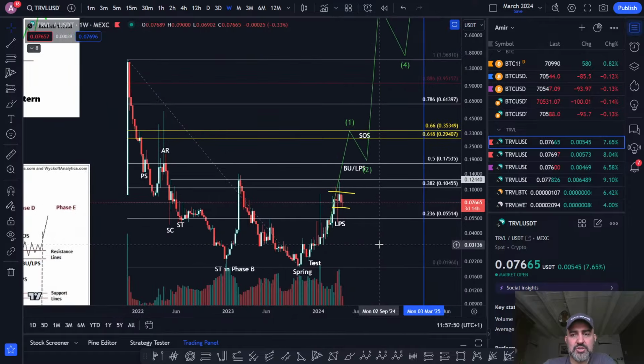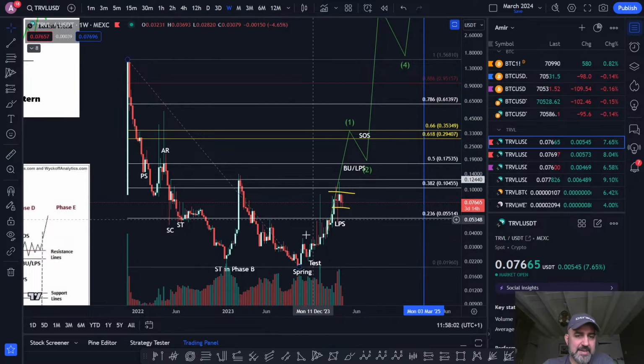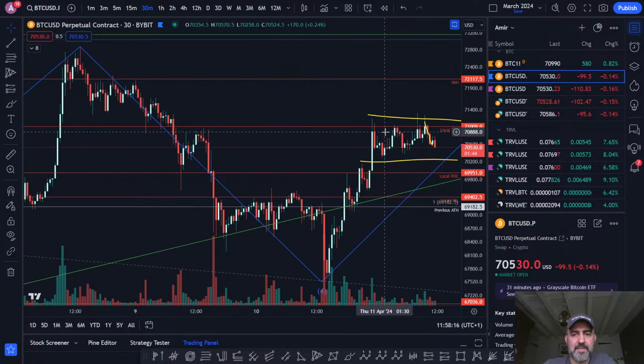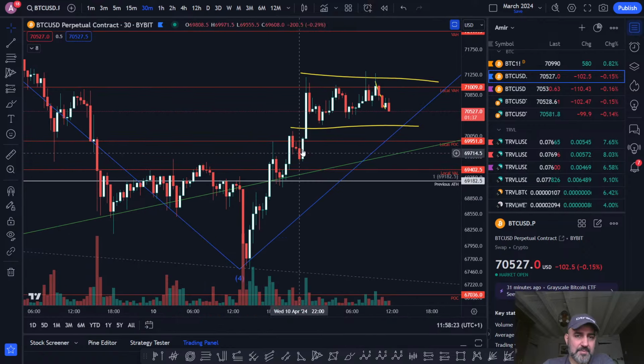When you look at the range, the all-time high is at 156. It's like a 20x from where we are now. A lot of the work has been done getting us to this level. Why not? The rest is probably going to be easy, and that's going to happen when Bitcoin starts going up a lot. It's amazing how Bitcoin is right now. It's crazy because we pumped up on Bitcoin